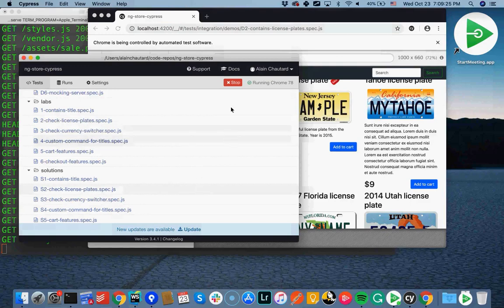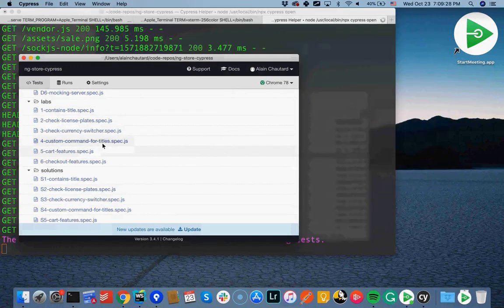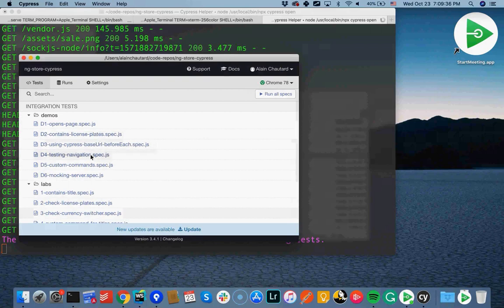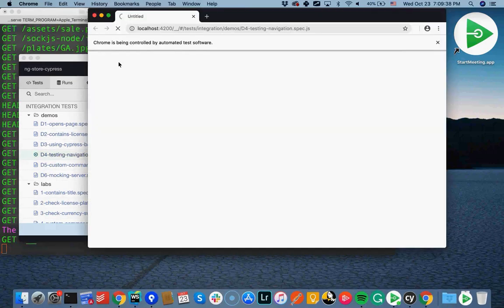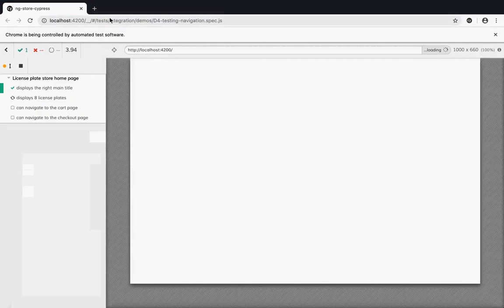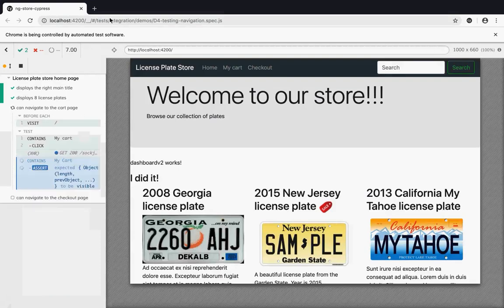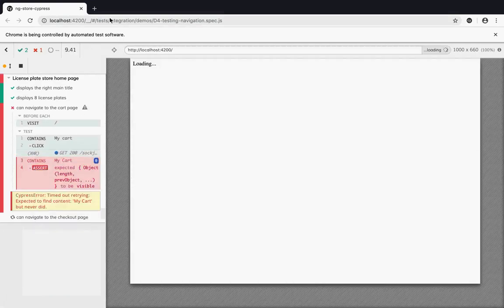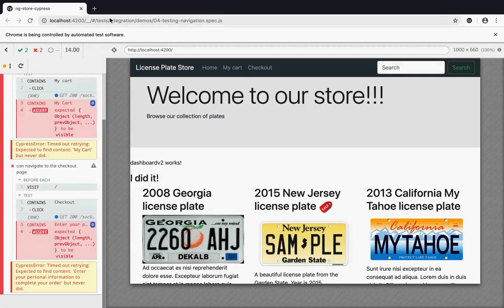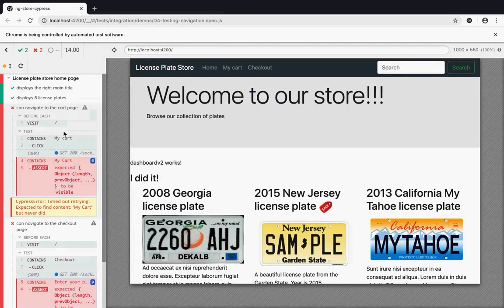So one thing I want to illustrate with this one, navigation. Yep, this one. The navigation to different places. And in that example, I think it's going to fail because it's not implemented yet. So yeah, we hit the 4 seconds timeout, the test fails. And then we're going to hit another 4 seconds timeout, the test fails. And this is good because I can show you that Cypress allows us to time travel.